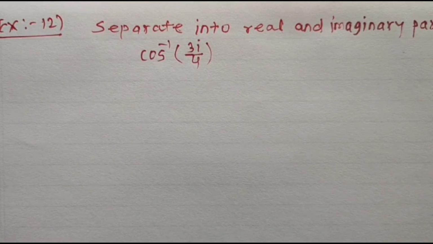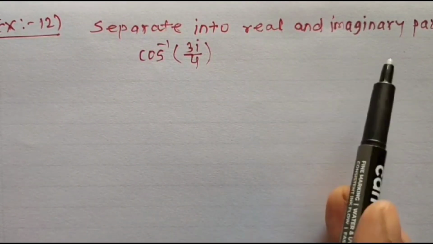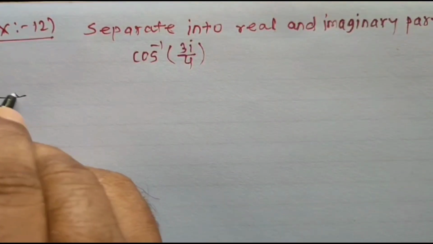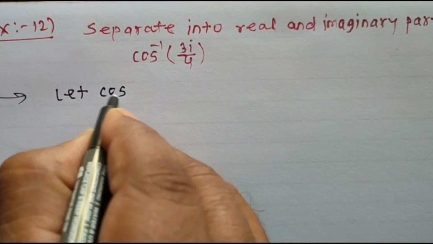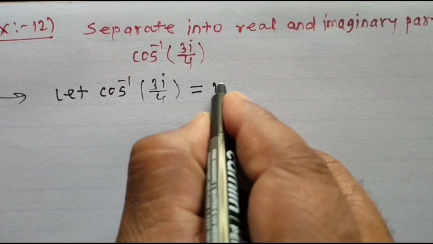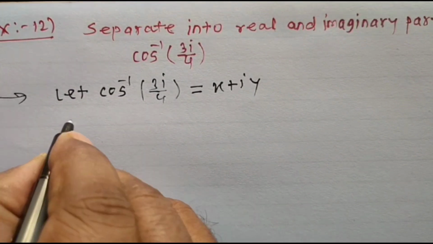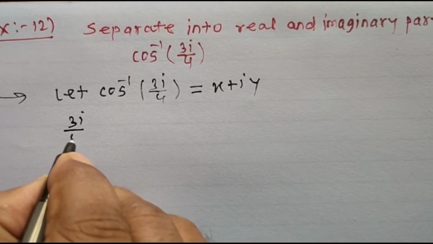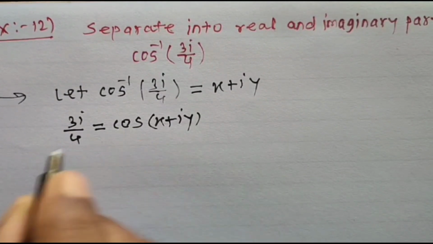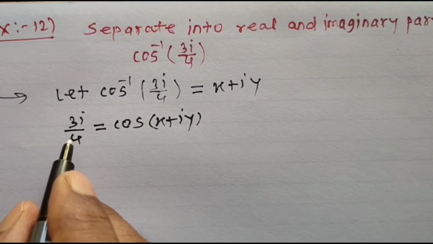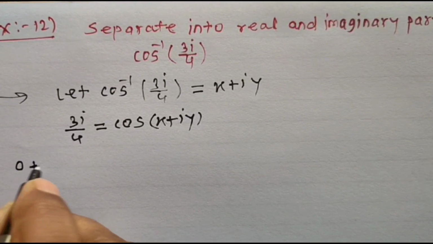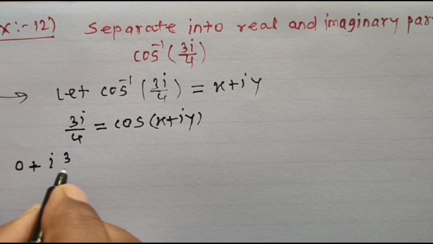Let us solve sum number 12. Separate into real and imaginary parts cos inverse of 3i divided by 4. Let cos inverse 3i divided by 4 is equal to x plus iy, suppose. Then 3i divided by 4 is equal to cos of x plus iy. Left hand side is purely imaginary number, so real part we are assuming 0, plus i into 3 upon 4